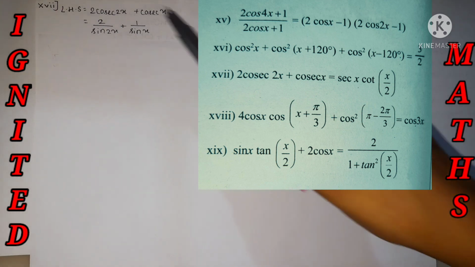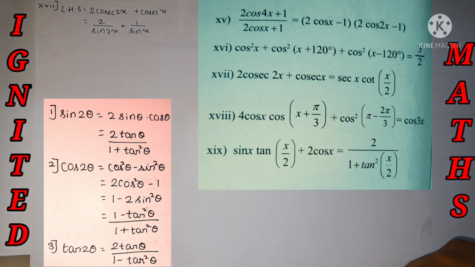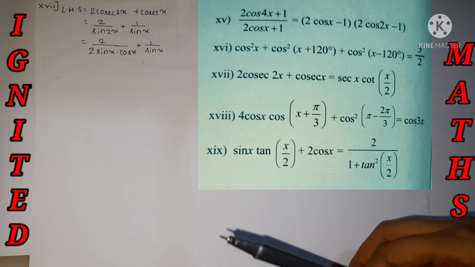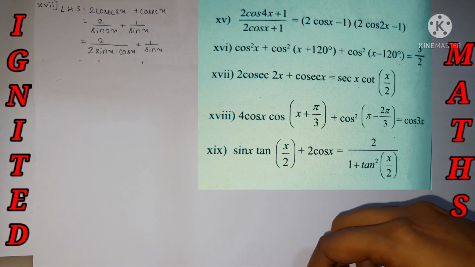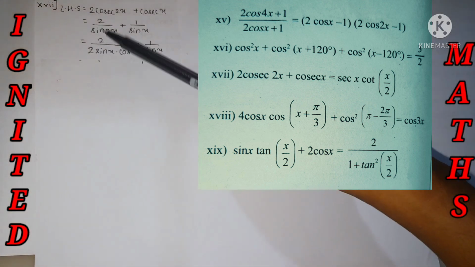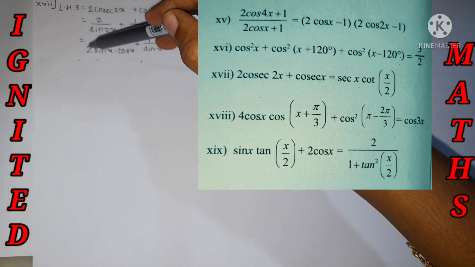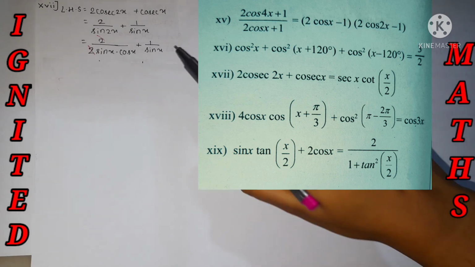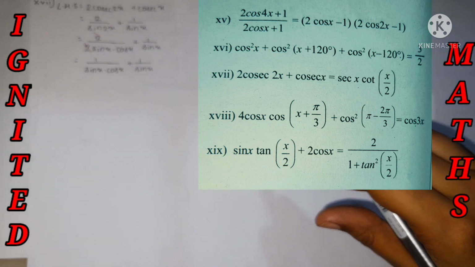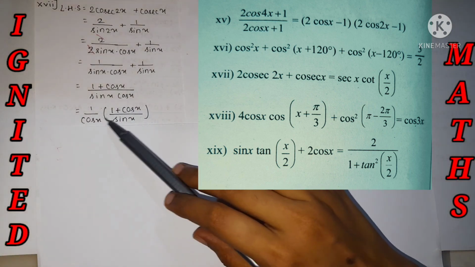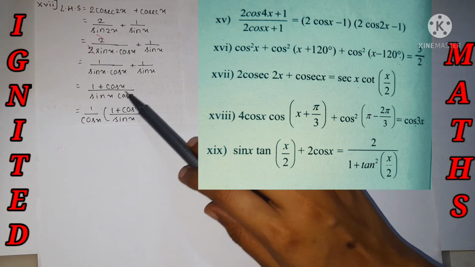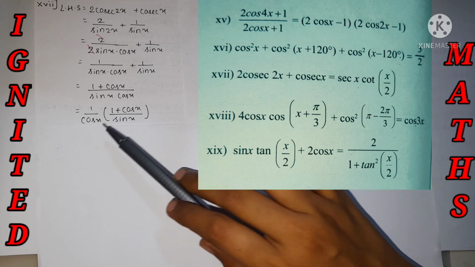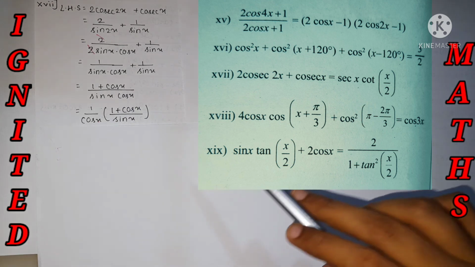And we can use the formula of sine 2 theta. It's nothing but 2 sine theta cos theta. So over here is 2 sin x cos x, and over here it's absolutely same, no changes. And over here 2 cancel it off. Yeah, just cancel it. And we can rationalize the denominator, multiply by cos x over at numerator and denominator. Yes, it's nothing but same, sin x into cos x and 1 plus cos x. I have just differentiated in the bracket part. Okay, it's absolutely same from the above content.